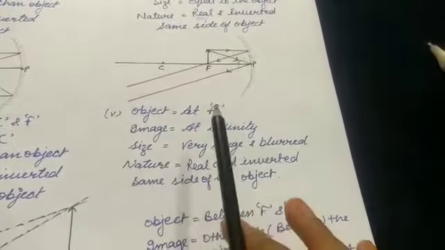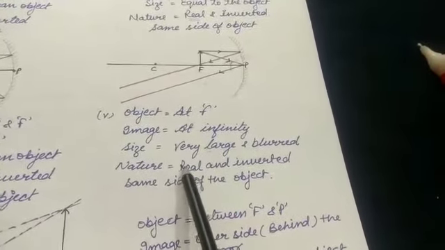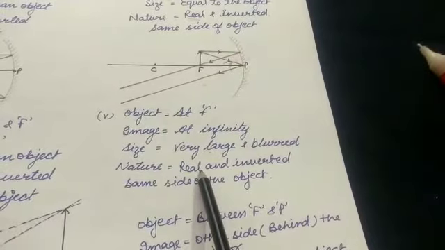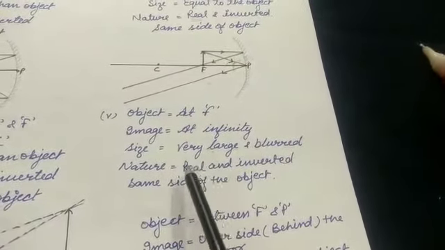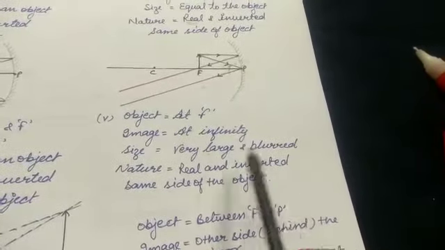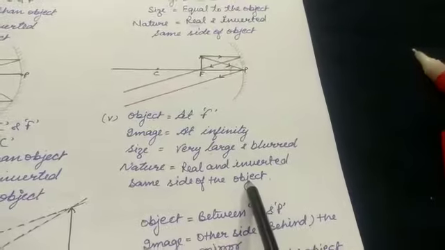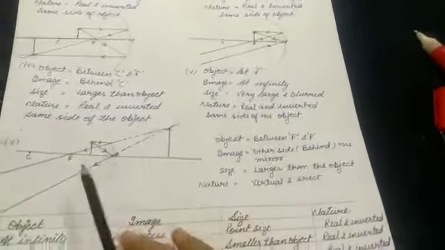But we are not imagining anything here. All the things are real. So the image is going to be real. We can get it on the screen, and as this image is real, it is going to be inverted. And again the image is forming on the same side as the object. Okay, now this is the last case